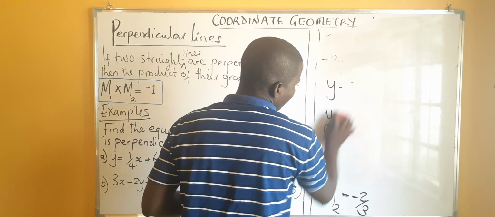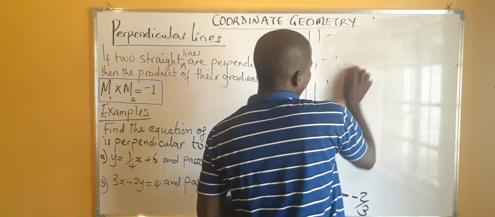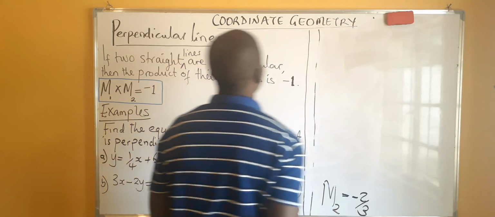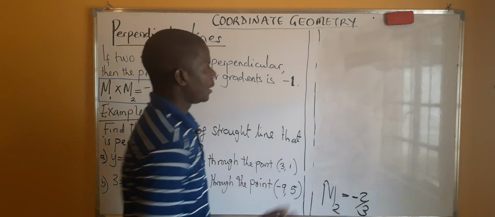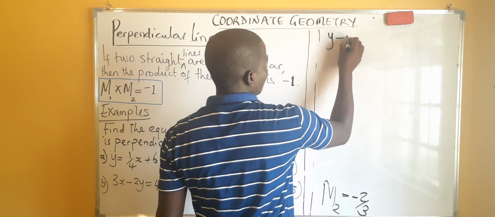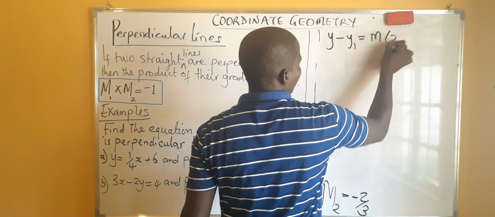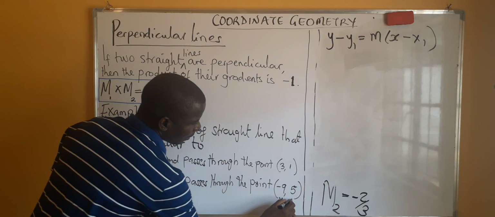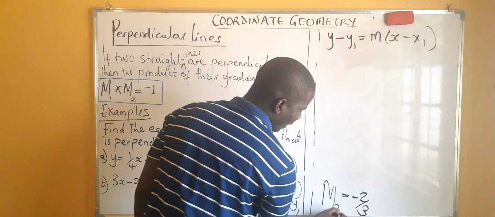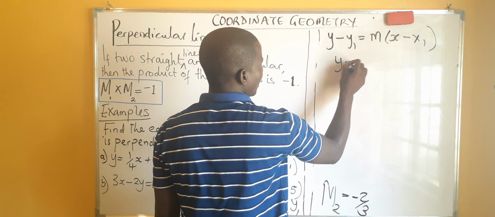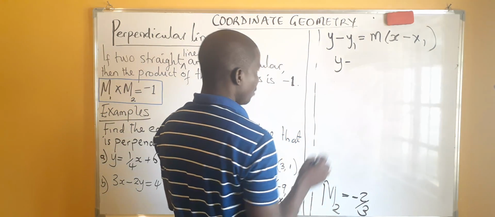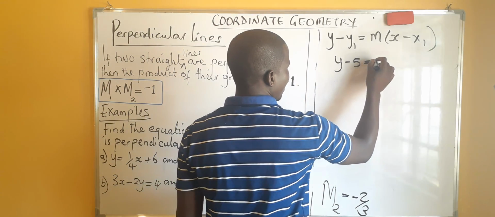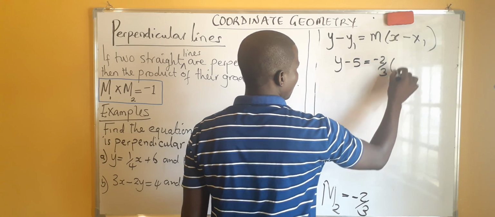Come up with the equation that we are being asked to find. We need y minus y1 equals m times x minus x1. Our x1 is this one, our y1 is this one, and our m is this one here. So we go on: y minus 5 equals minus 2 over 3 times